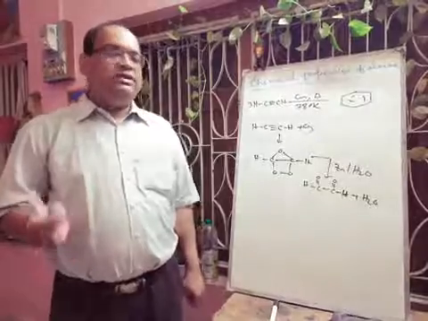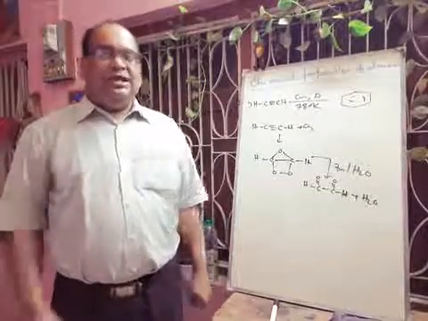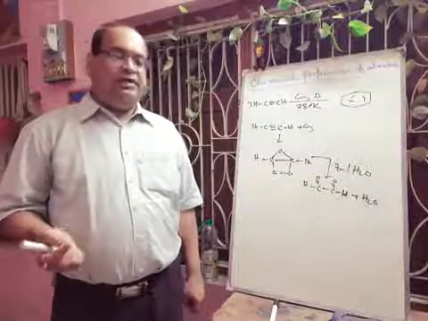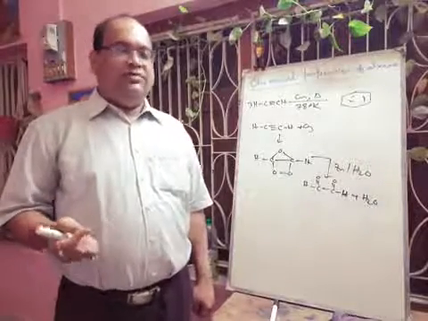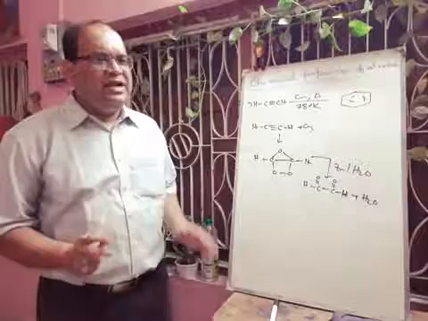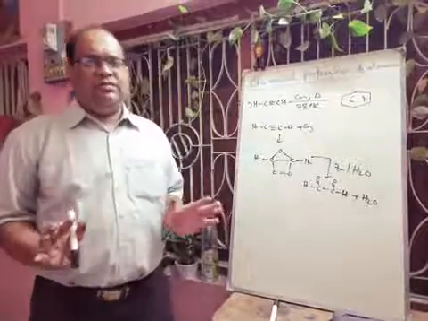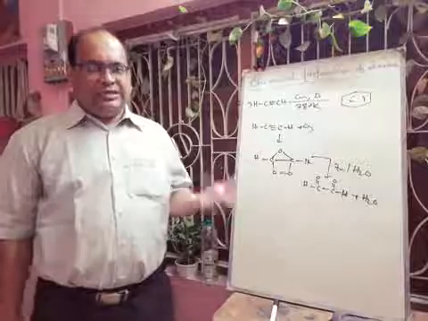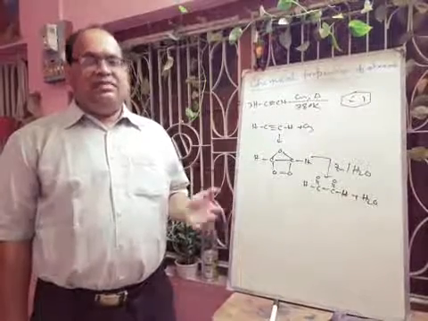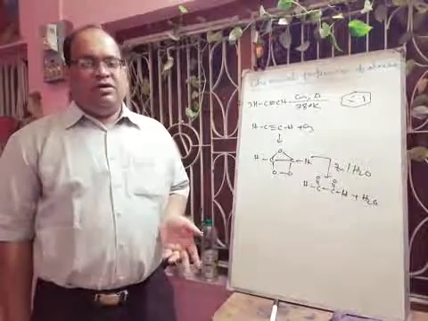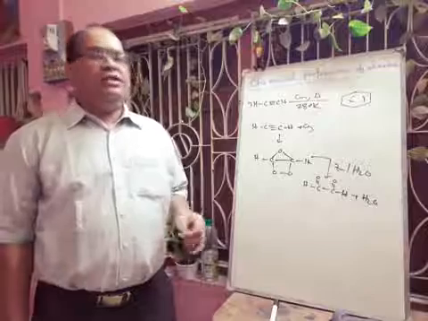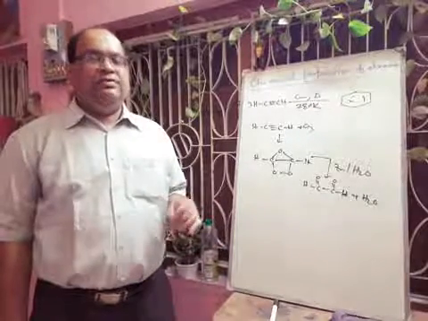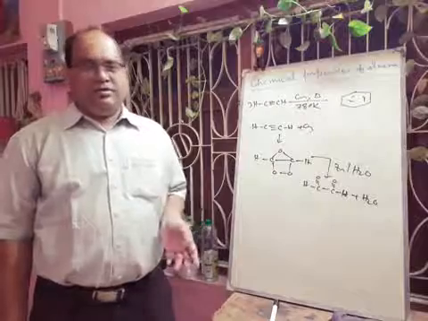And finally we will discuss the use of acetylene. Generally acetylene is used in the lamp and oxyacetylene torch where high temperature is produced, and it can be used for soldering purpose. And different types of compounds, okay, a large number of useful organic compounds can be prepared by using this acetylene. It may be acetaldehyde, it may be acetic acid, it may be alcohol. Okay, so in this way we have completed your hydrocarbon part. Okay, so today up to this, next day we will discuss the aromatic hydrocarbons. So thank you.